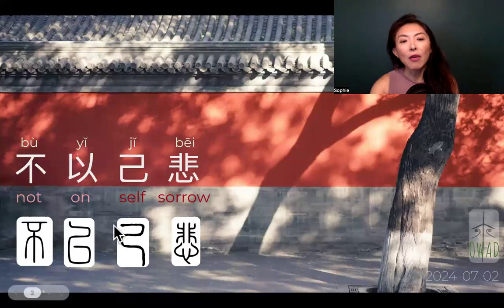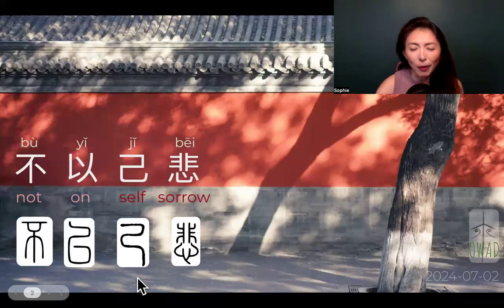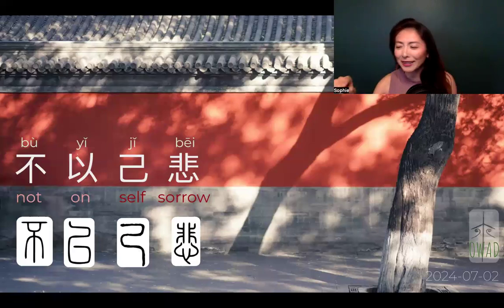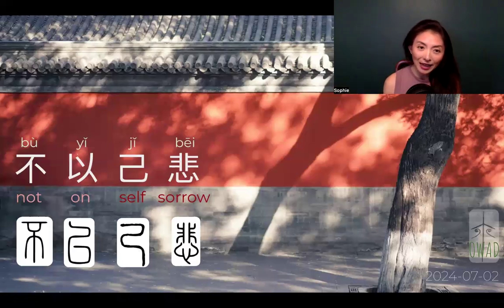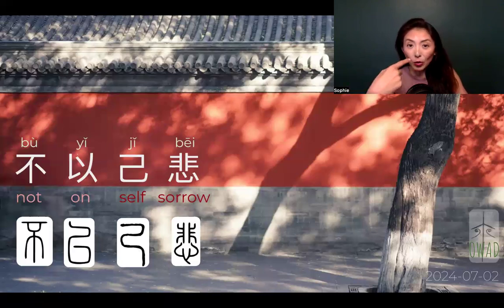All right, now 己, self, is a rope. I have been pondering a long time about why Chinese use a rope, this twisting and turning thing, as a reference to self. We have a ton of self references, including the number 5, and including nose pointing.